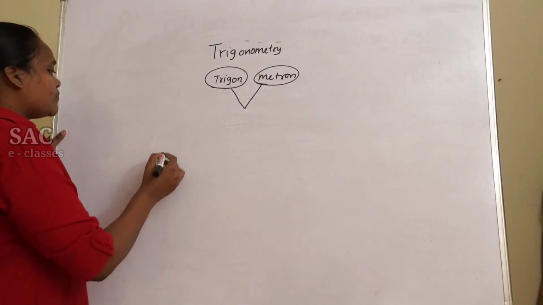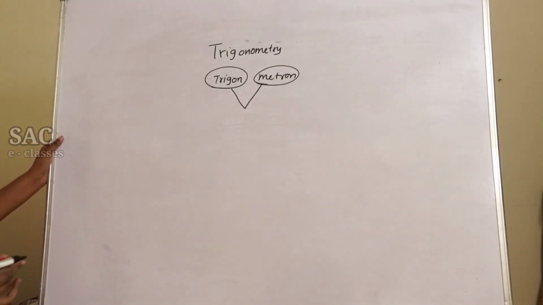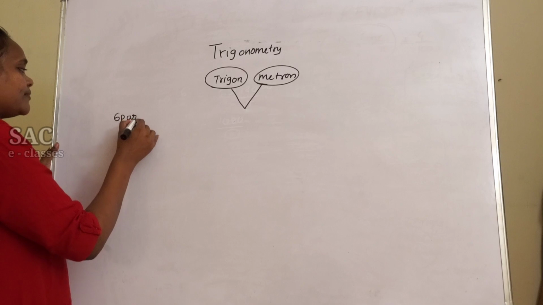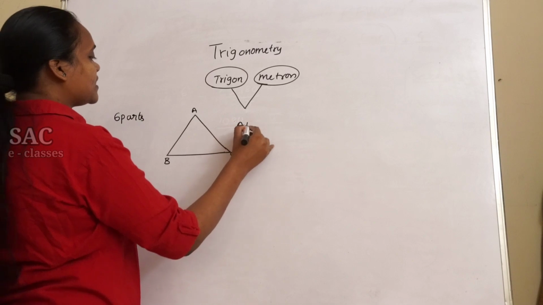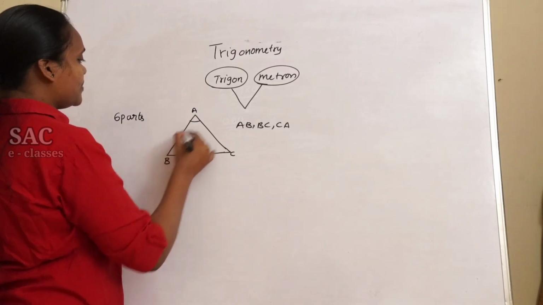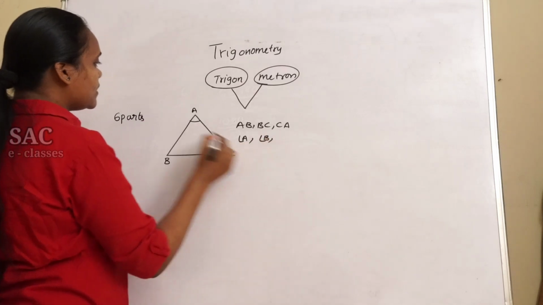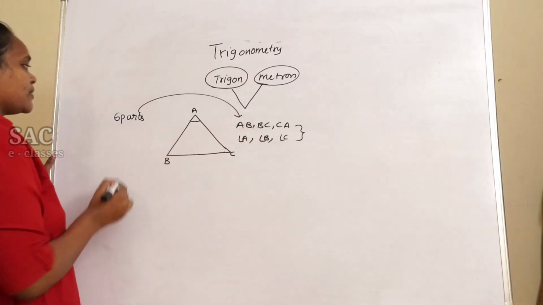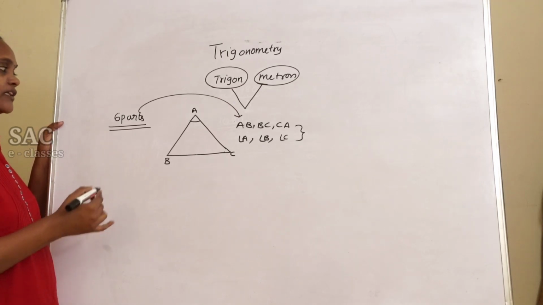Now, first of all, before learning the terms relevant to trigonometry, we need to learn the types of a triangle. You know very well the types of the triangle. Usually 6 parts are there for a triangle. If it is triangle ABC, 3 sides will be there: AB, BC, CA. Angle BAC is simply A, angle ABC simply angle B, angle ACB simply angle C. These are the 6 parts of a triangle, nothing but 3 sides and 3 angles.